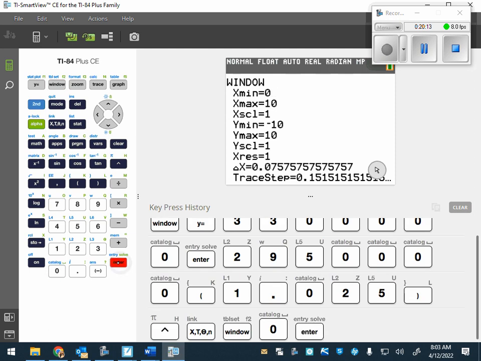So 0. Y max can stay the same. Now your Y minimum. You could do this a bunch of ways. You could put it in as 0 if you want. But the minimum value I see in those two equations is 3,300,000, which is larger than our initial amount, right? So our minimum,